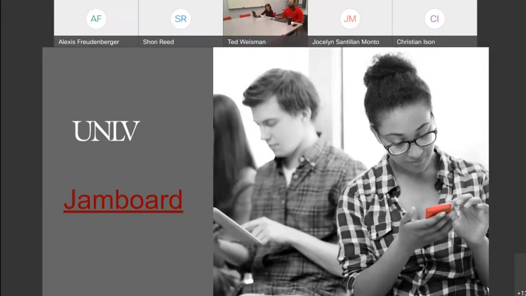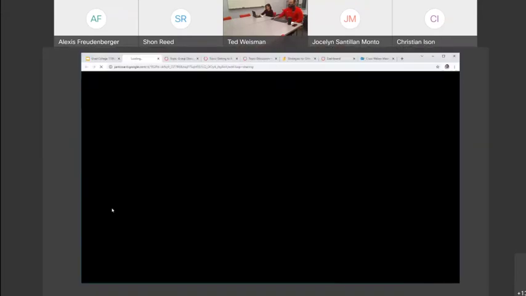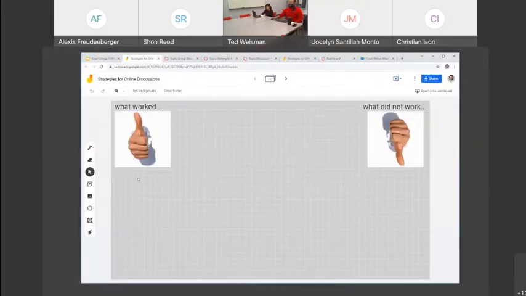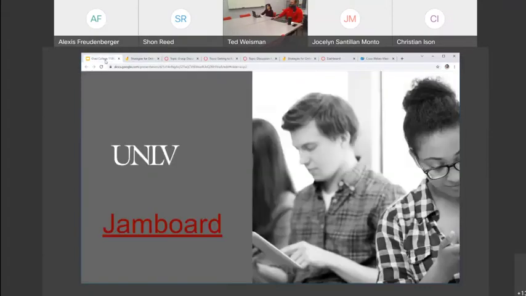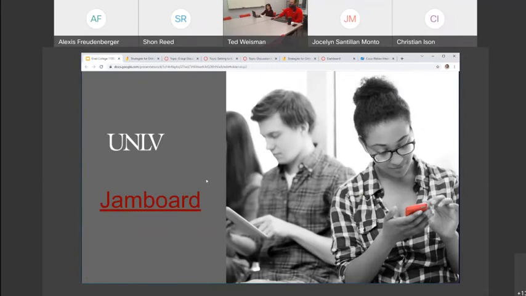So one of the things that we do have is an example of a Jamboard. We were thinking we were going to have people go through this and talk about another activity you can use for fostering discussions, but I just wanted to show it to you. You'll have access to it at another time, but the Jamboard is just a great resource instead of that traditional discussion where you go in, you answer a prompt, you have two replies, and so on and so forth.